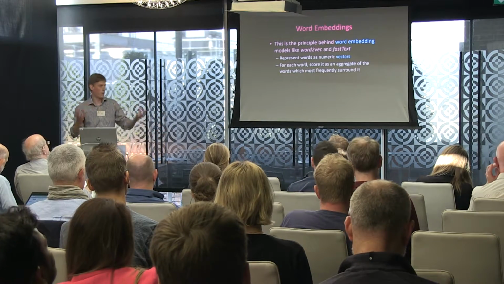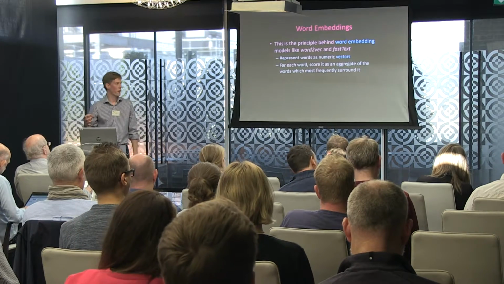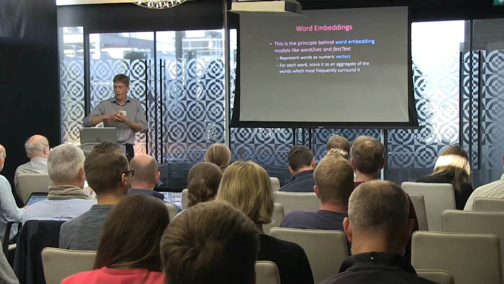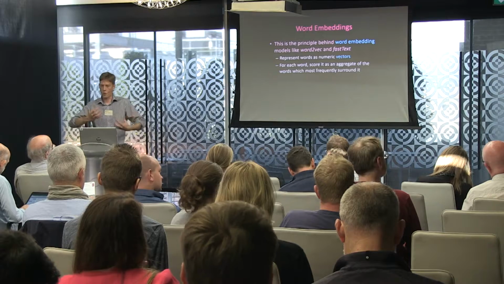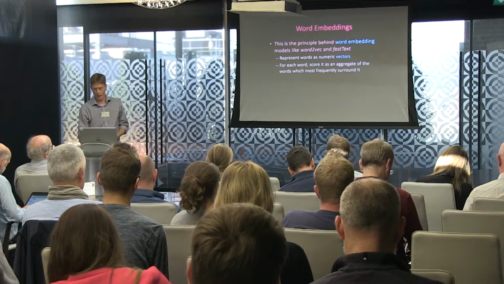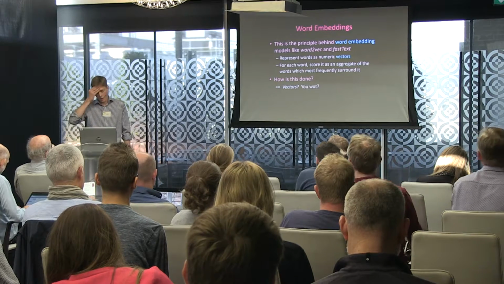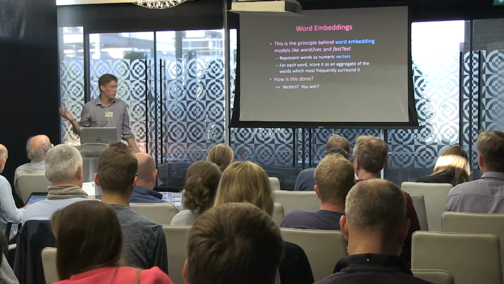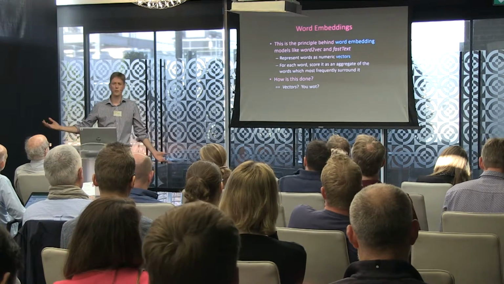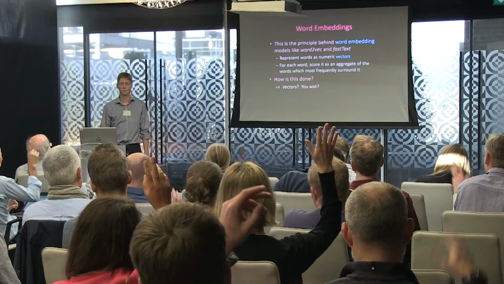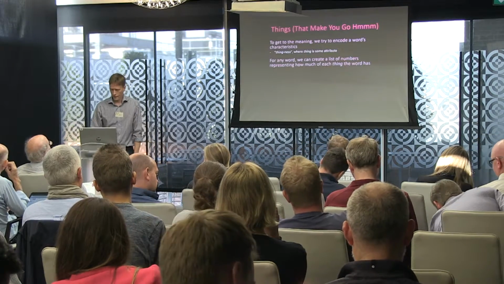There are a variety of these different models, and what they're aiming to do is turn text into a numeric vector, which is effectively a score of the context and a score of the meaning. And this is where we're going to start to lose people a little bit. So, what do I mean by vectors? And vectors as regards text. Hands up who even knows what a vector is. Good. Most people. This is a good thing.